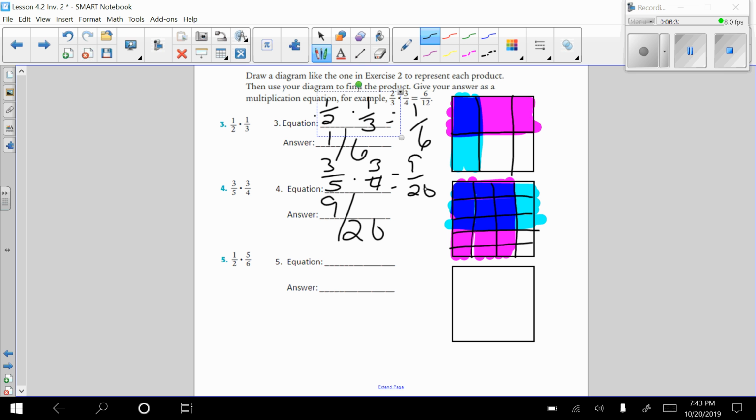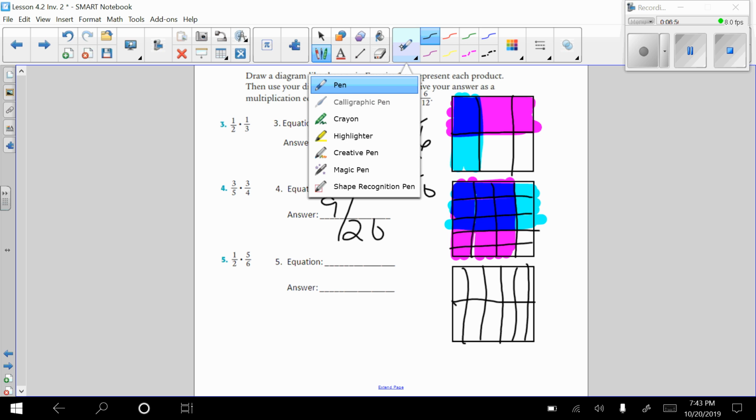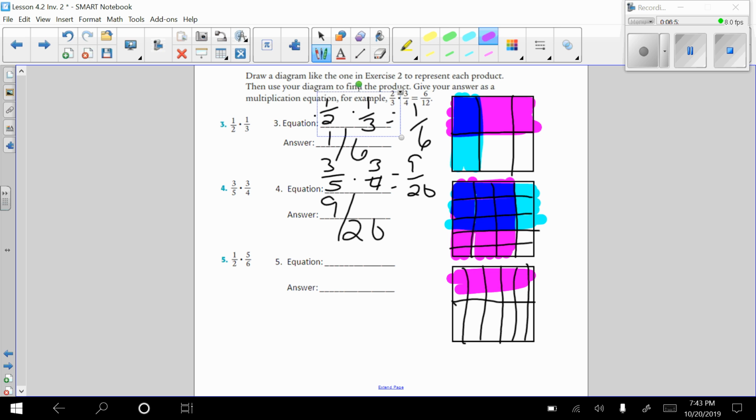Let's look at the last one. Again, we're going to divide it in half because it's 1/2. Then we need to divide it into 6 parts. And your lines don't have to be perfect. Just make sure you get 6 of them in there. Mine are not perfect, but it's okay. Now we want to highlight a half going across